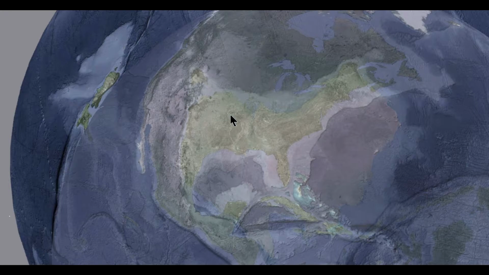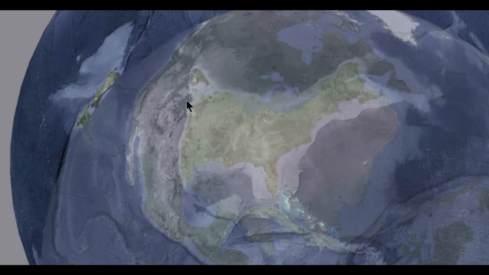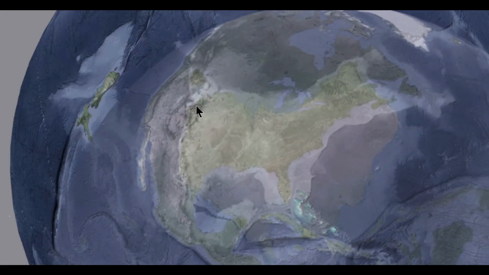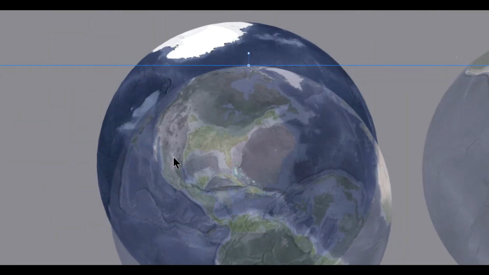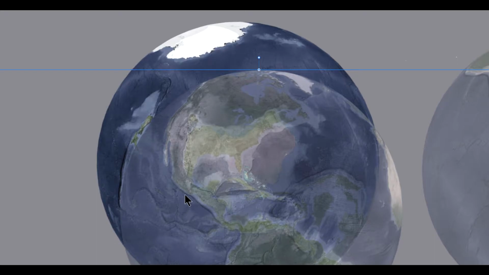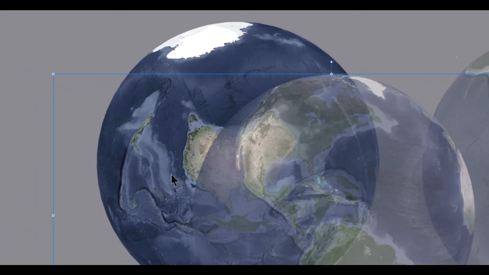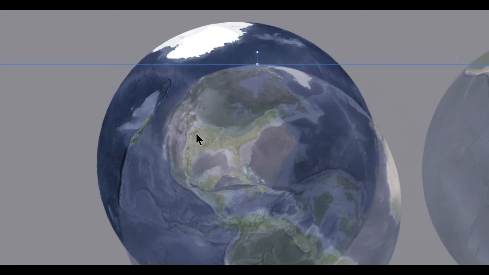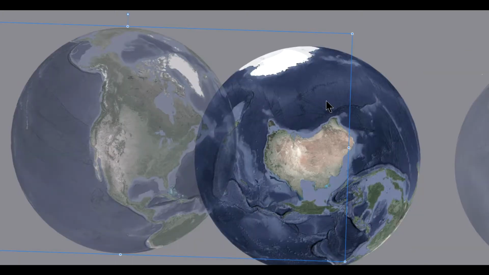I should probably get a straight-on shot of this area. It'd be more accurate because Yellowstone Park is what you want to keep your eye on. Let me get a straight-on shot of that, because even though that fits damn good, a straight-on shot's going to fit better. And notice the similarities here. Okay. Now that I got straight-on shots of the west coast of North America,